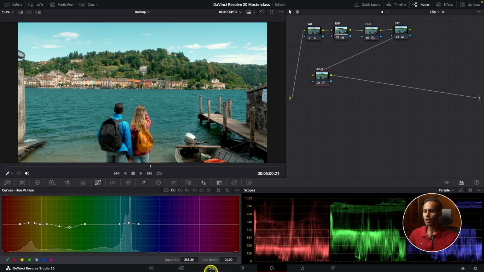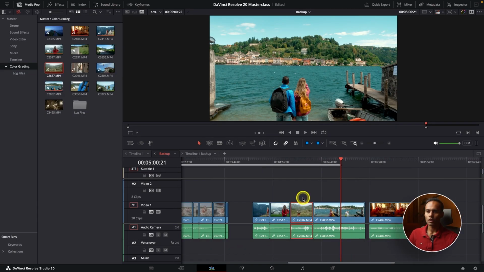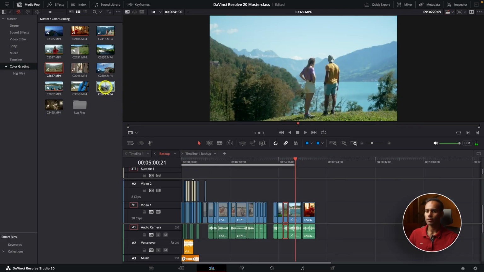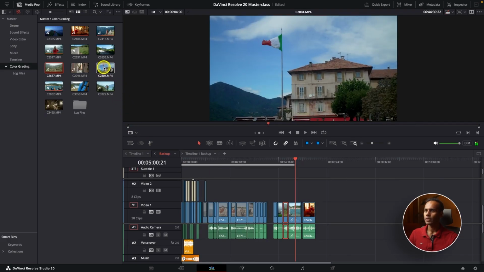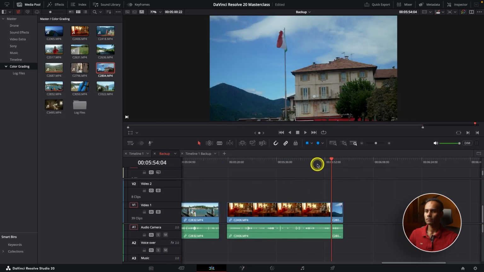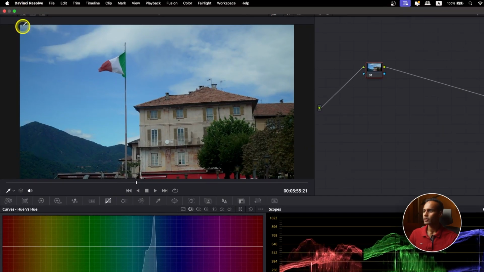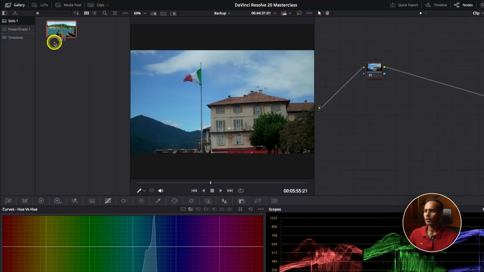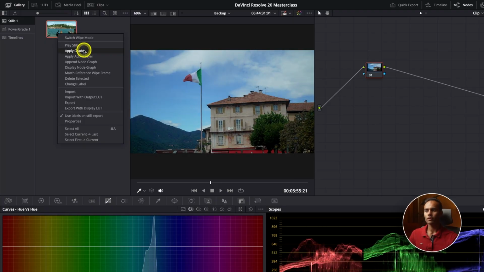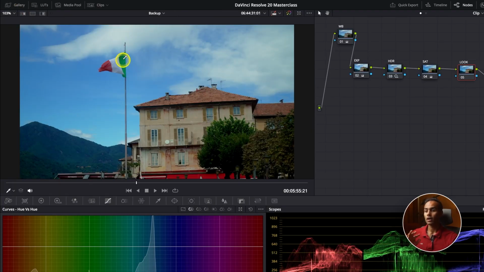And maybe what I would also do is go to another clip and show you, so that it's not a bit boring. Maybe let's do the color grade on this clip. So if we have this clip here, what we are going to do is go to the gallery and copy and paste the same settings. The settings we are pasting are just until the color correction part, not the color